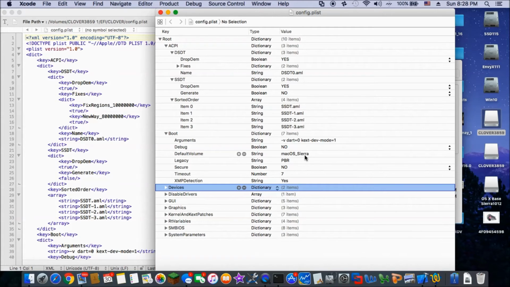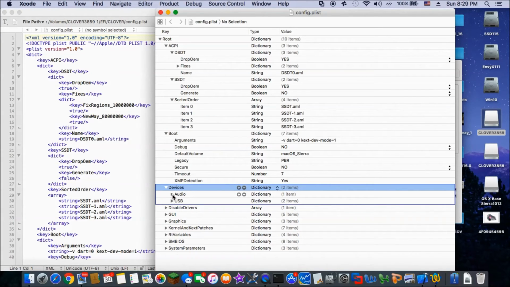Default volume is what you're going to name your disk, macOS. So I'm going to put it macOS Sierra, so it will go automatically to macOS Sierra and boot after 7 seconds. Okay. XMP detection, I put yes. On the Sandy Bridge and Ivy Bridge, I don't think they have it, but anyway, I just leave it there for other